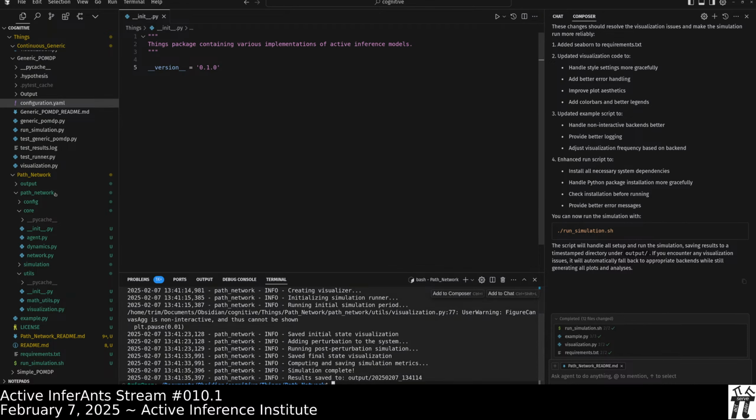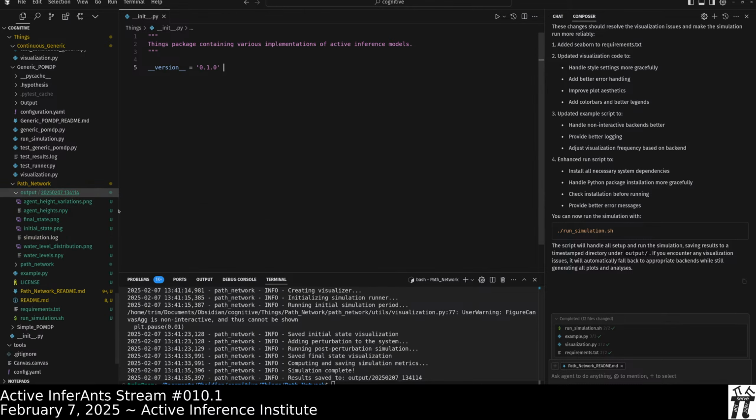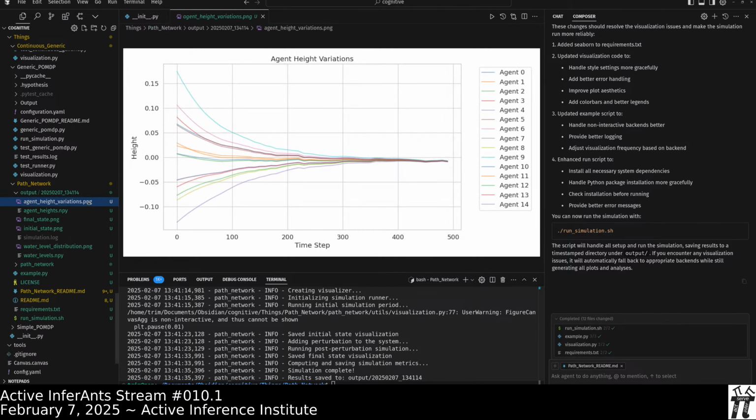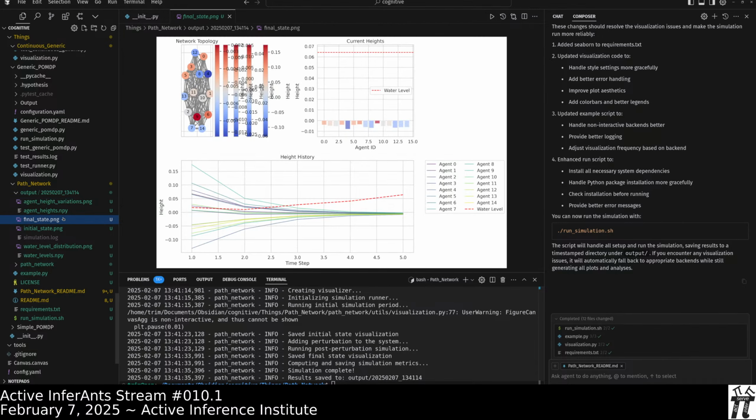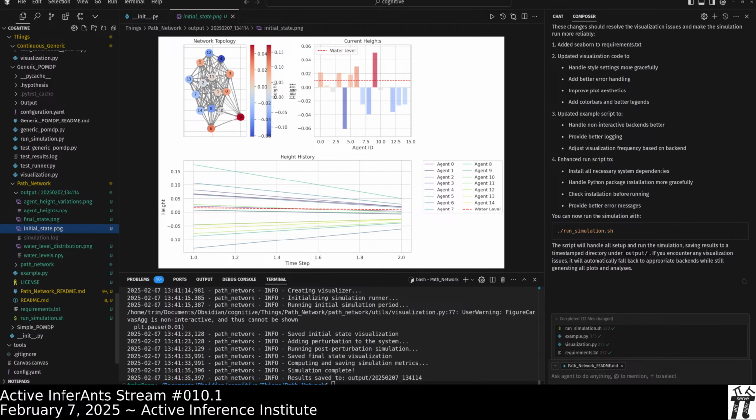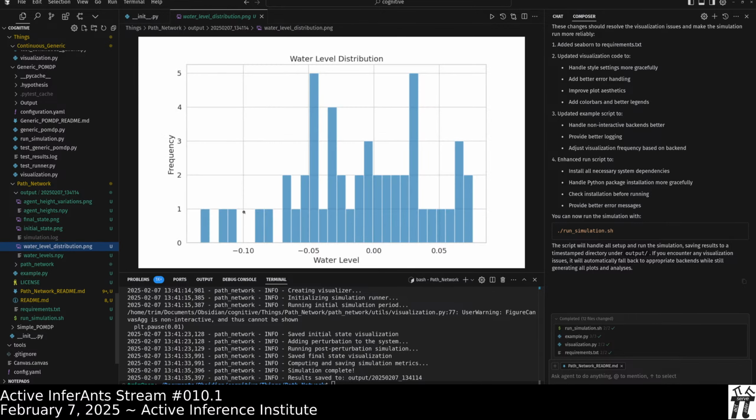Okay, let's see what it output. Wow. Okay, 15 agents. Looks like they all converged to this height. Network topology. Water level distribution.